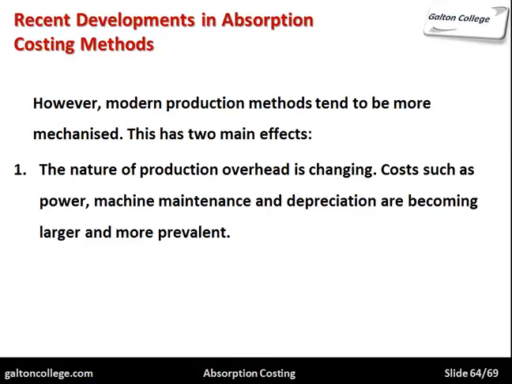So perhaps absorption should be based on the capital cost of the machines, or perhaps it's based on power usage, or it could be based on something related to the machine rather than the person,